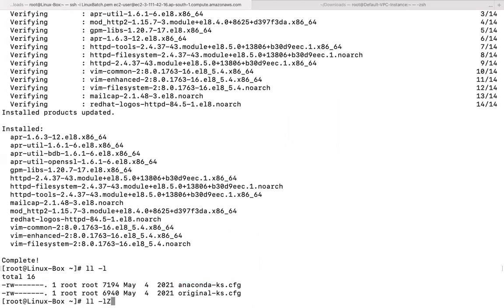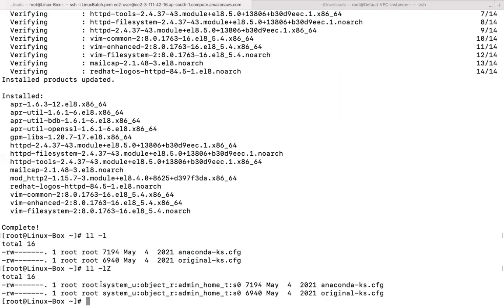So if you run the command ls -lZ, you will get to know some different components here. Like this is a system generated file, this is an object which is not service specific. Then admin_home_t, the particular location of this file. So let us say the default functionality which is already predefined in the operating system. If you want to modify it, then SELinux will block this file's access to the rest of the ecosystem